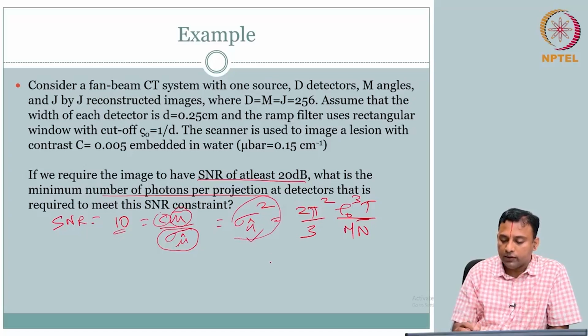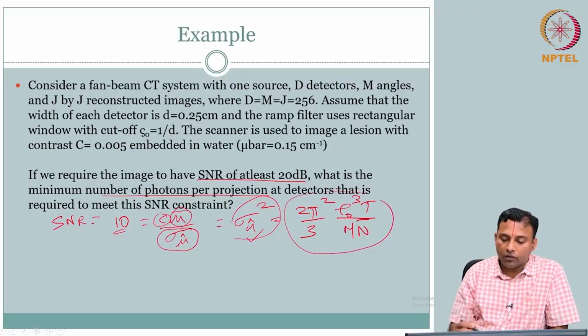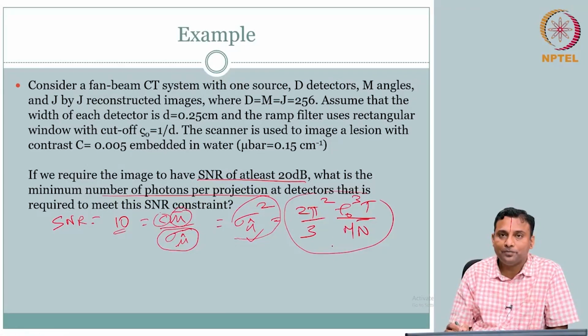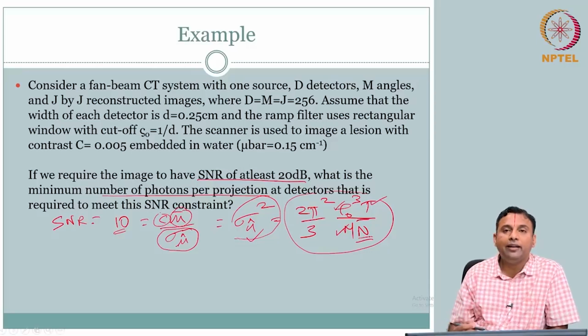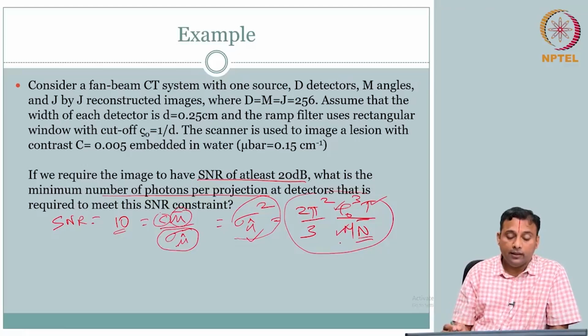So I know this. What else do I know? Oh, now I have the right hand side, several of which I know. I know M, I know T, I know cutoff frequency. This is just 2 pi square. And I know left hand side, so I can get my n bar. Okay, so you can go do that, but what is asked is